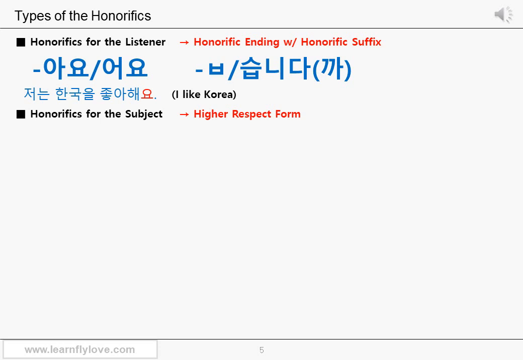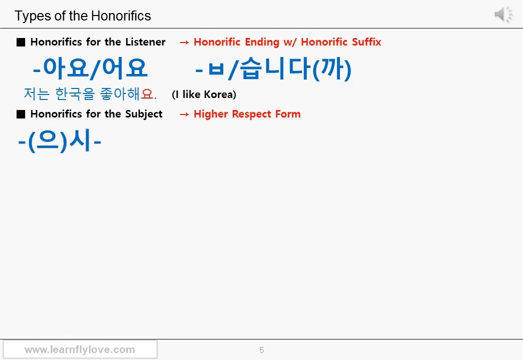Needless to say, when you talk to second person you about the second person you, the listener and the subject are the same. So no matter what the subject is, if the subject is a person or is something directly related to the person, and that person deserves more respect, you can use higher respect forms. There are higher respect nouns and higher respect particles too. But basically, when you want to make a higher respect sentence, you need to turn the predicate or predicative part into a higher respect form first. And there is a rule for it.